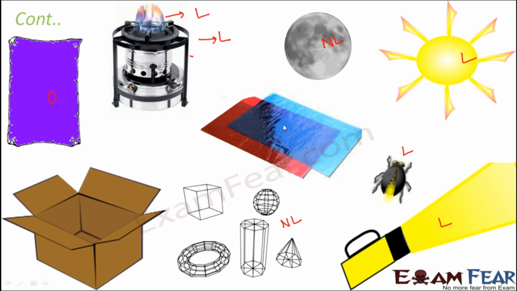You think of the cellophane paper. So the cellophane papers are transparent objects, but they are non-luminous because they do not produce any light of their own. You think of cardboard sheet. So the cardboard sheets are opaque objects, and of course they are non-luminous because they do not have any light of their own. So that's how you can classify the objects that you see around yourself into opaque, transparent or translucent, as well as into luminous and non-luminous objects.